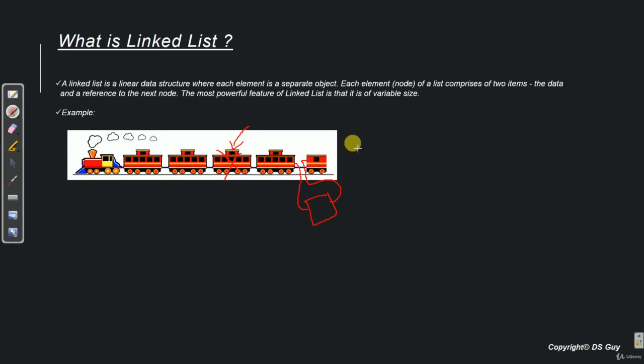What that means is that any of these compartments is an individual separate entity, and the existence of the train does not depend on these compartments. And the sixth and most important thing that we notice about this train is that we can enter any of these compartments only in a sequential manner.